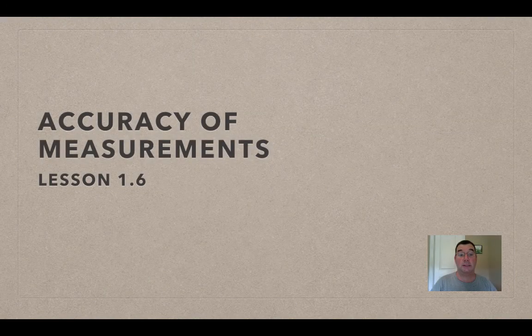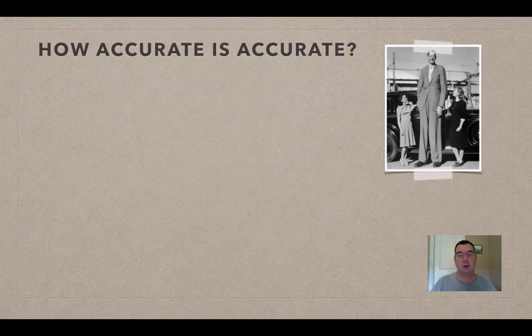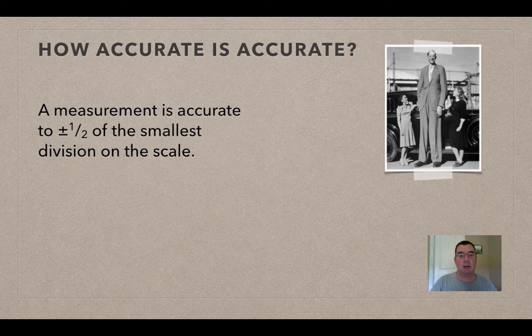All right, today we're going to talk about accuracy of measurements. This is lesson 1.6. So accuracy comes into play when you are estimating something and it's a little bit different from what the actual accurate measurement is. So a measurement is going to be defined as accurate to plus or minus a half of the smallest division